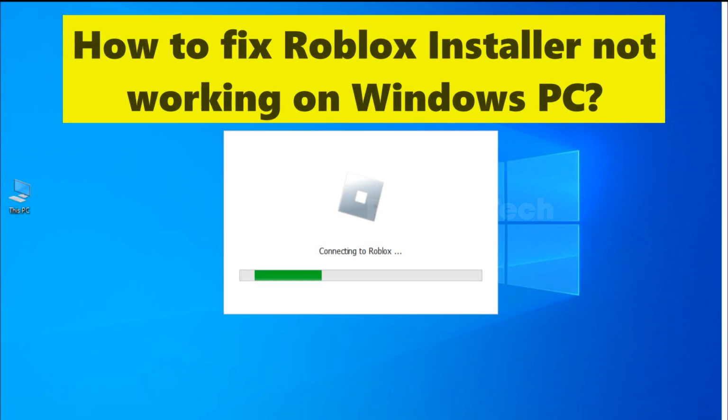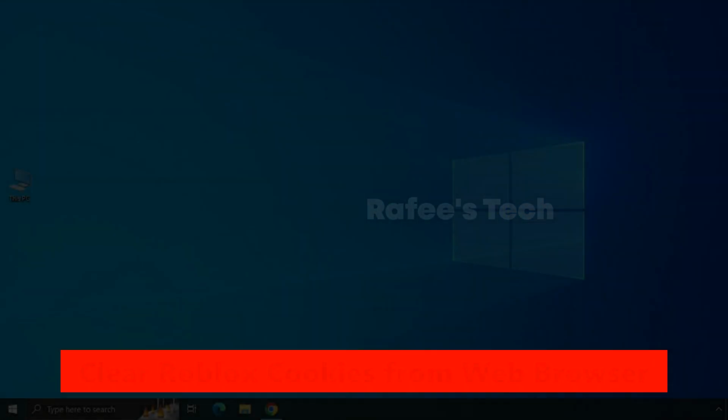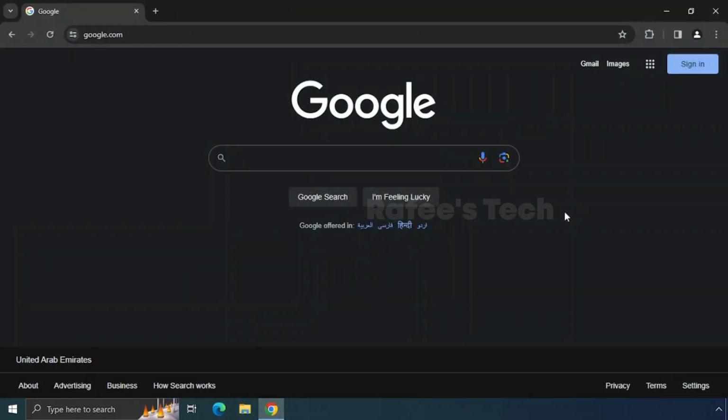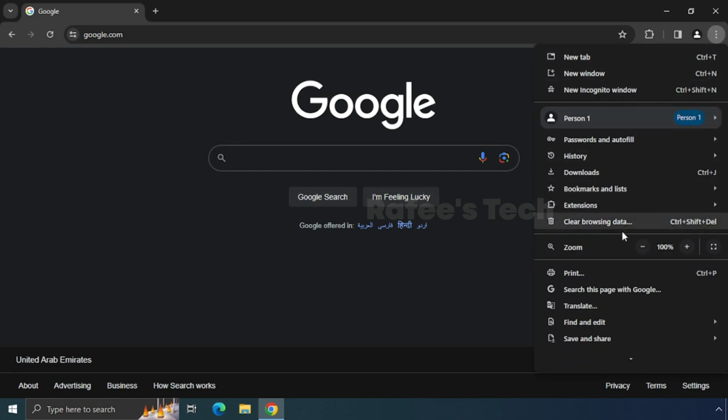In this video, I'm just going to show you how to fix Roblox installer not working or not launching on your Windows PC. So let me show you how to do it. For that, first what you have to do is open your web browser and click on these three dots, and here click on settings,